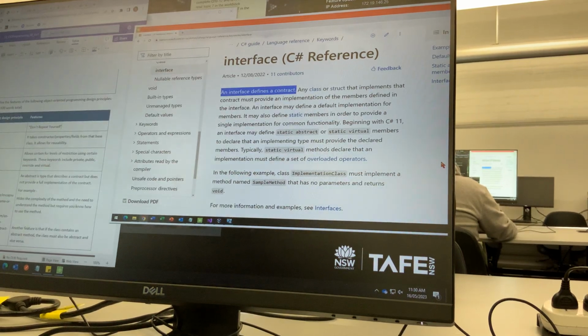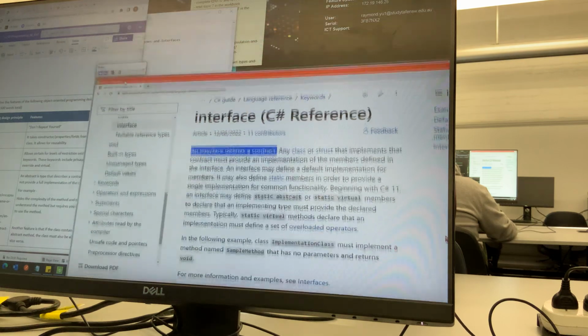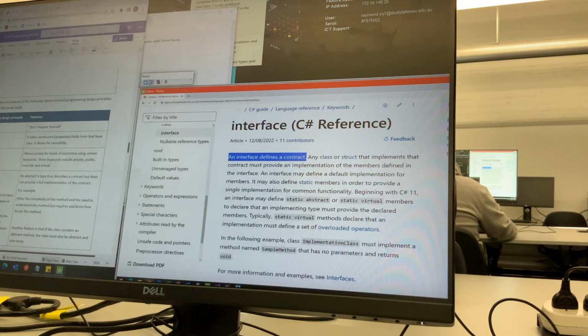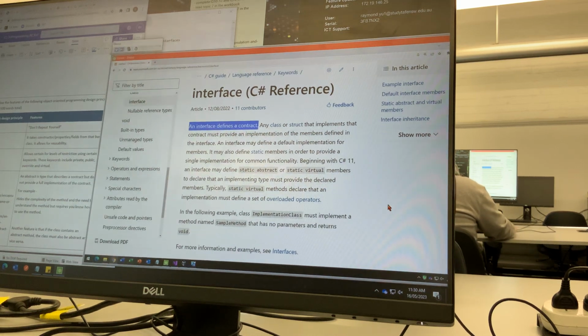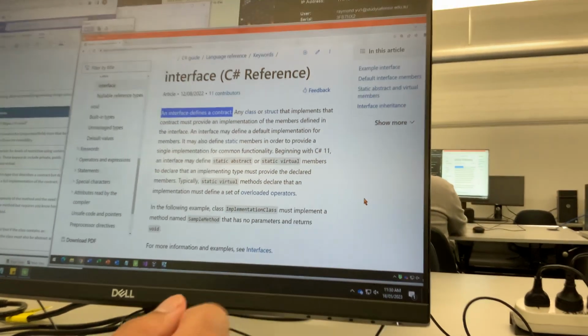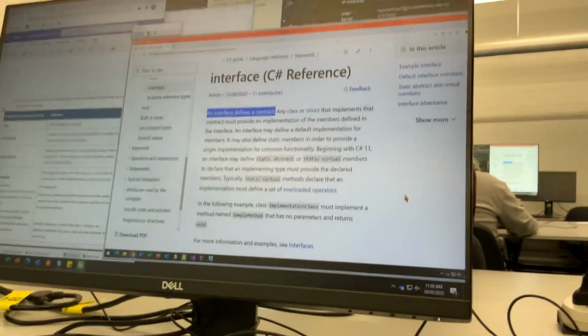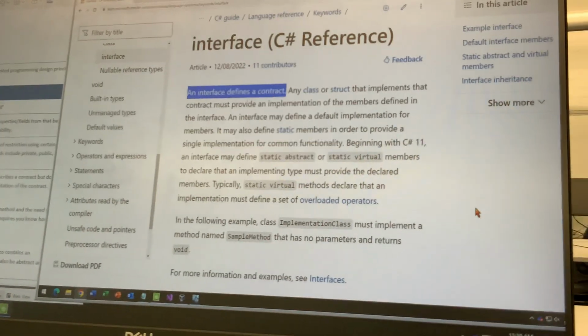It doesn't really explain anything, does it? So it just says it defines a contract. Now, we heard the word contract before when we created the abstract method, right? So what kind of contract did we make before when we created the abstract methods? So who are we making this contract with? The parent class, yeah, the parent class with